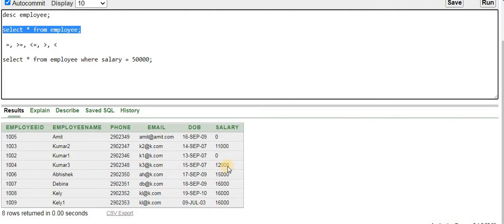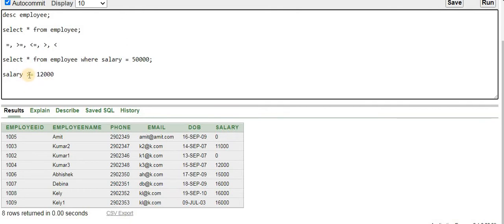Our criteria is that salary should be greater than or equal to 12,000. First it will validate this greater than condition: how many records are available in the employee table whose salary is greater than or equal to 12,000.